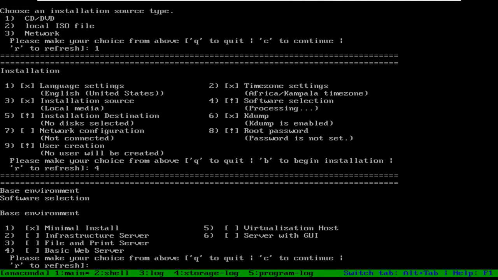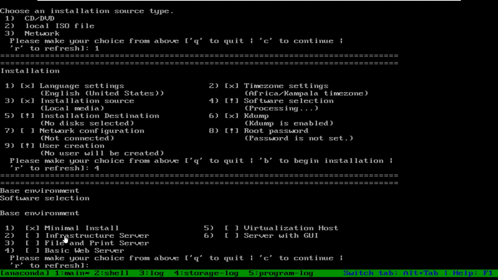As I said, you can see here it is selected by default as number 1, and that is minimal install. Minimal means it will not install any graphical options or any other software, just the very minimal requirement of software. Now if you want to configure this server for infrastructure management, you can select number 2.